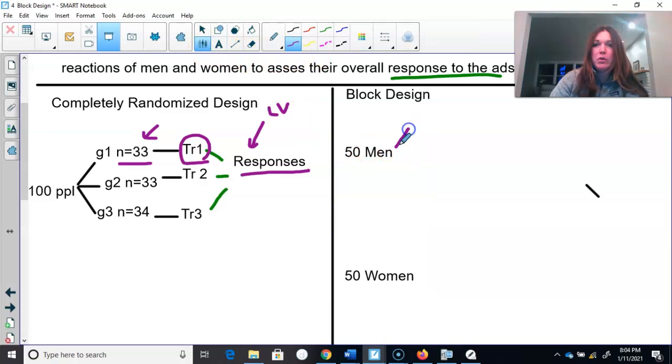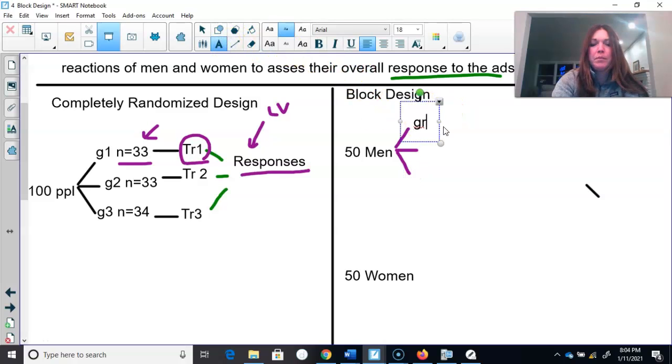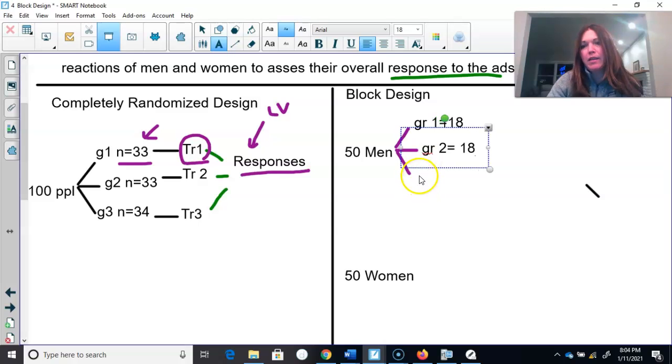So again, I would do 3 groups for the men, again, randomly getting there. So group 1, we would say, let's say they had 18. Group 2, we would have 18. So what is that together? That's 36. And then group 3,